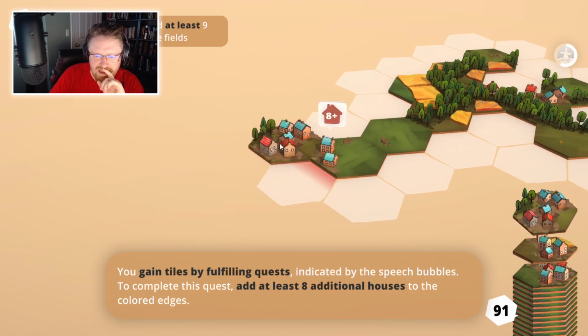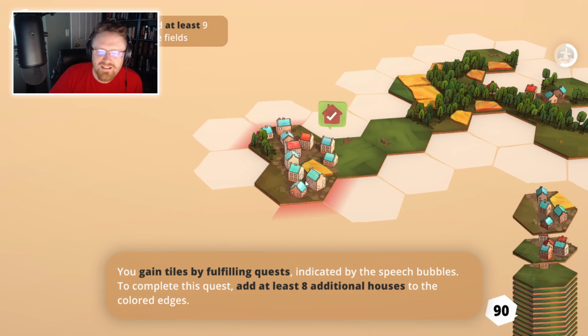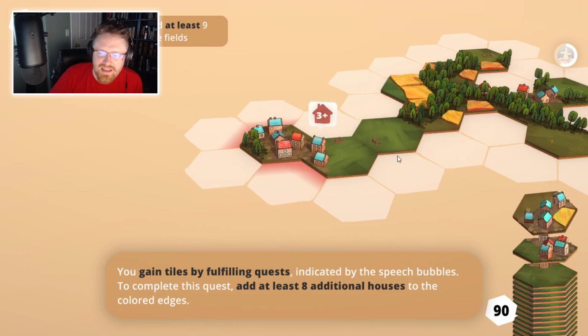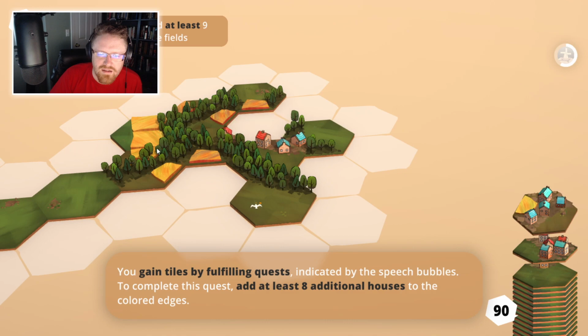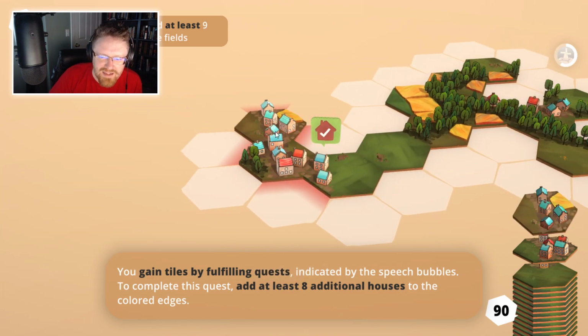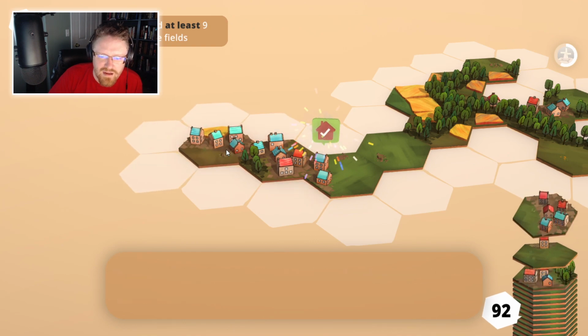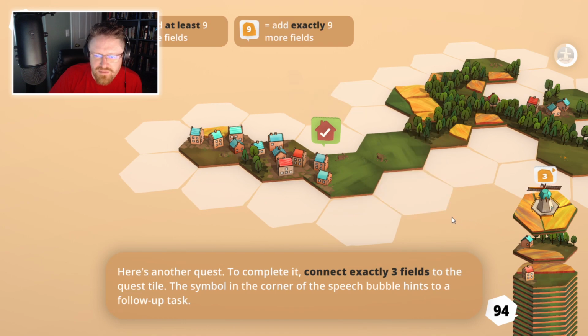So, like, this guy wants to be a big city. And it's counting... Yeah, okay, 8 additional houses. Yeah, so it's not counting tiles. It's counting houses. Okay, so far I've actually picked up a fair number of the rules here just by watching. Whoa, what the...